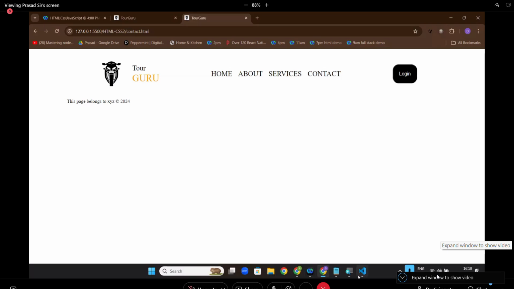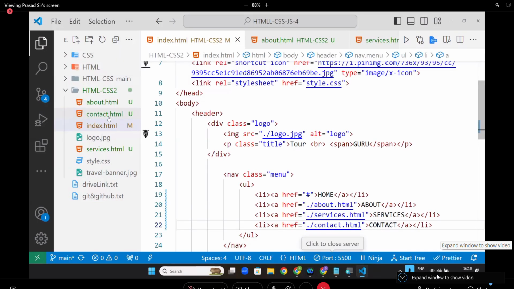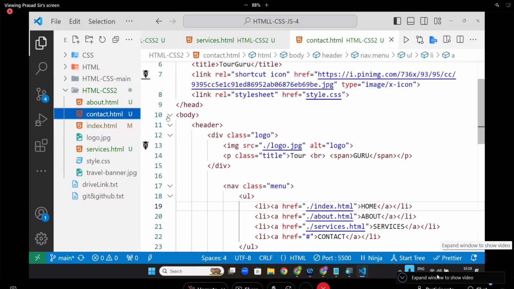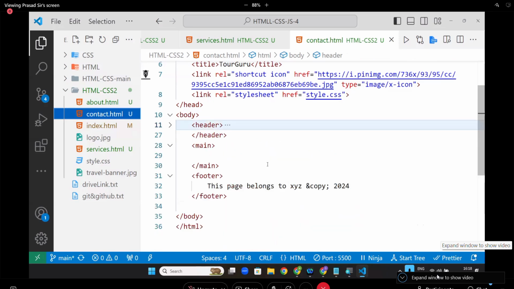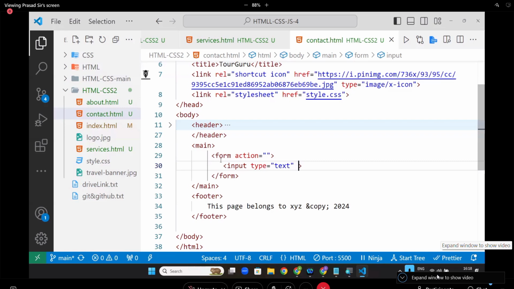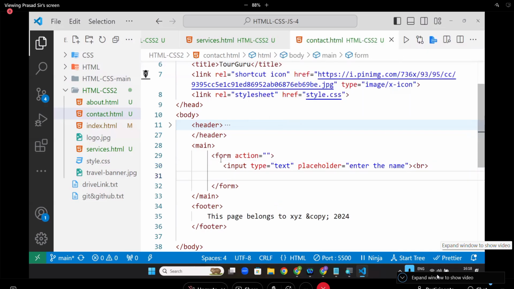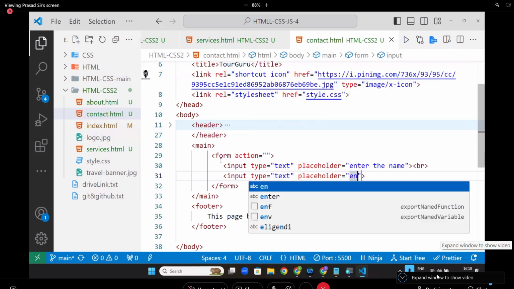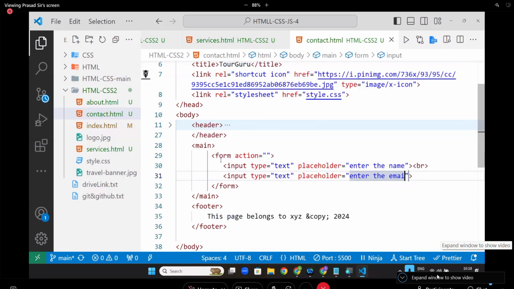Let's go here. Let's go to the contact page. I'm going to create a simple contact page. Inside the contact page, what will be there? A form will be there. Inside the form, what will be there? Input, placeholder, enter the name, BR, input, placeholder, enter the email, BR,